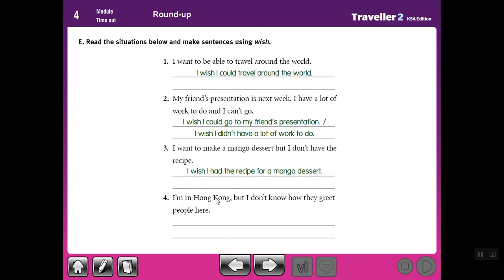Number 4. I'm in Hong Kong but I don't know how they greet here, people here. So I wish I, yes, I knew, yes. I wish I knew how to greet, or I wish I knew how people in Hong Kong greet each other. Okay,